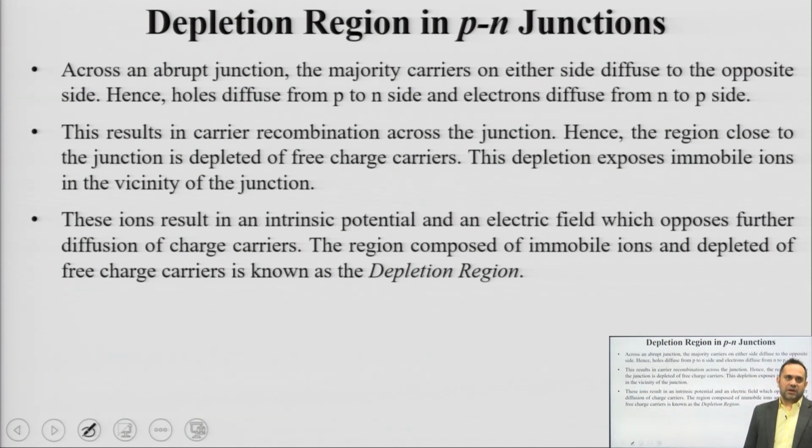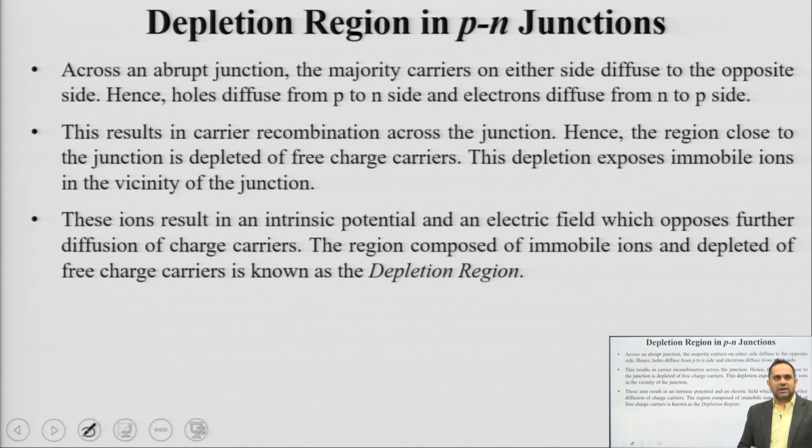Whenever this diffusion occurs, at the junction these charge carriers meet, and whenever an electron meets a hole, it recombines, it annihilates, and the charge carrier is lost. So, just at the region very close to the junction, there is going to be a very high level of recombination of charge carriers taking place. A lot of charge carriers will recombine with each other. What will happen is that the region very close to the junction on the p side will uncover or expose the acceptor ions on the p side. On the n side, this will uncover donor ions.